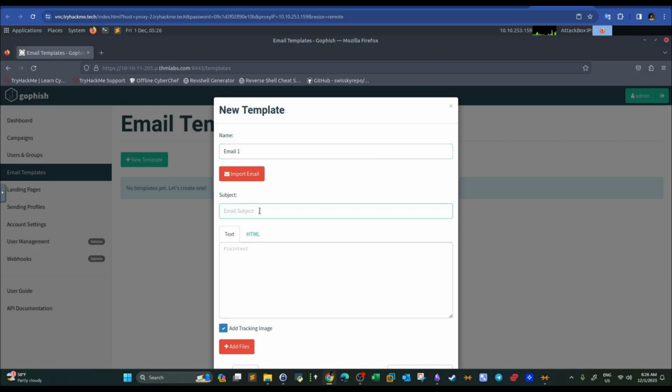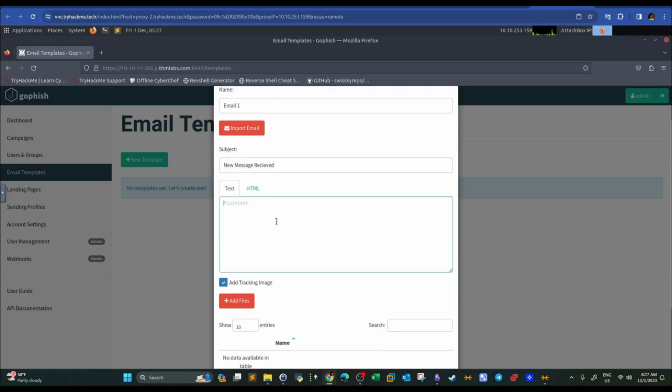It's up to you, but for this scenario we're going to say new message received, and here we put in the text. Here goes the body of your email. Try to make it as convincing as possible. So we're gonna say this is test.